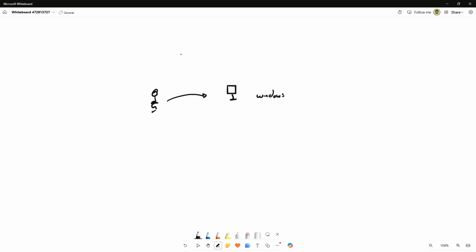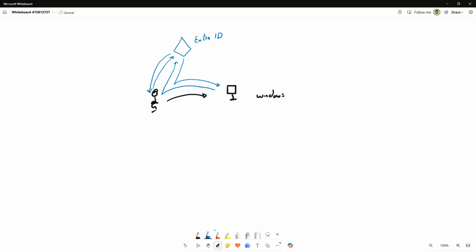Now, how could I do that? Well, first of all, I would already be authenticated using my Entra in my environment. So why not use Entra as my authentication provider? So this is me trying to draw Entra. We have Entra ID. I am already authenticated to Entra. Entra knows me already, maybe because I've logged into a device, maybe I've provided it with username and password. Now, when I try to log into this device, I would like this device to say, hey, user, go and authenticate me using your Entra details. And in this case, Entra authenticates me to that resource so I can log into it.